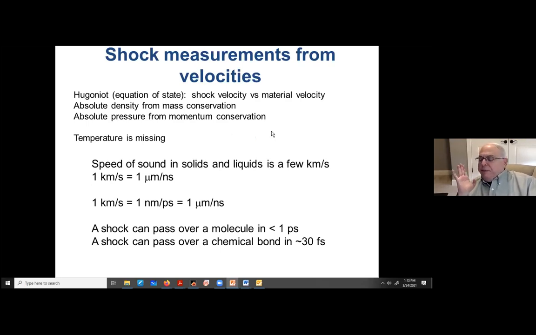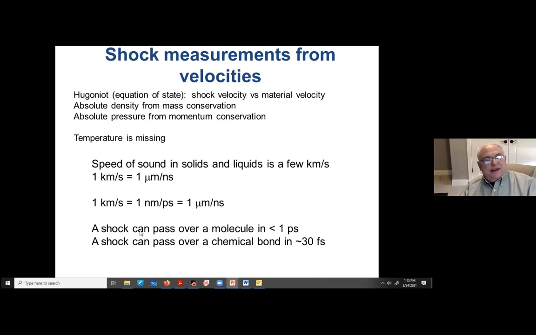Okay, now let's see. The speed of sound in air is 0.3 kilometers per second, or Mach 1. Obviously, it moves much faster in solids and liquids. And instead of being 0.3 kilometers per second, it's typically several kilometers per second. Now I want to do my favorite unit transformation. A kilometer per second is equal to, if you're doing a picosecond experiment, a nanometer per picosecond. And today I'll only be talking about nanosecond experiments. These are experiments that use visible light, and the spatial resolution is typically a couple microns. And so we'll be talking about microns and nanoseconds.